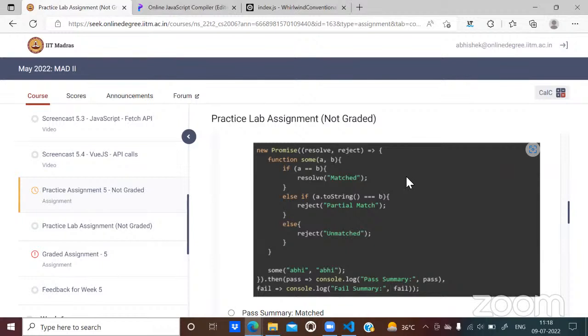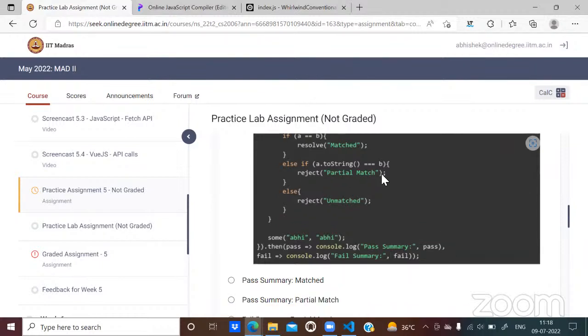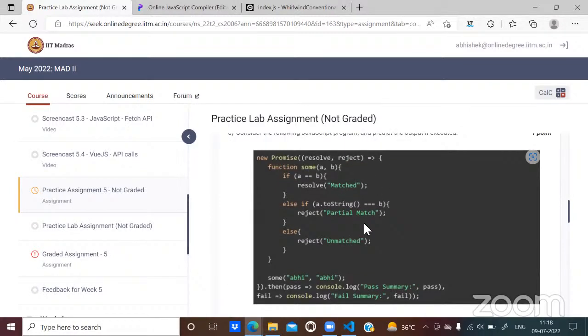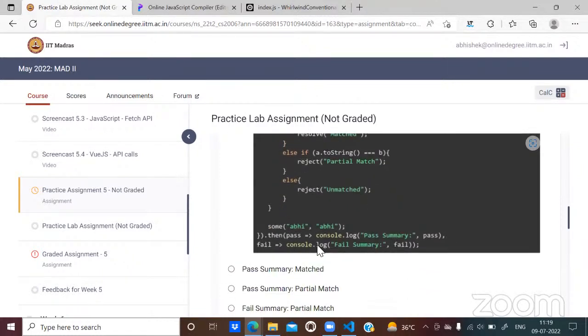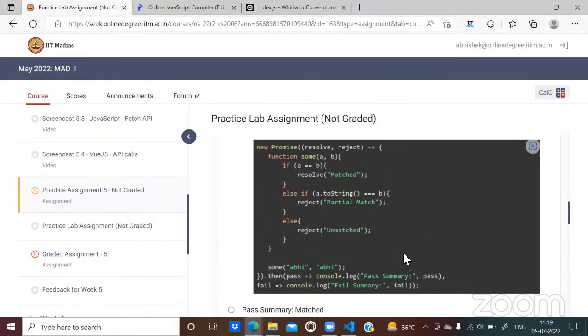Got it, sir. So here in the last line, dot catch is not there, correct? That means if this promise results in an error, this program will generate an error. But in case this promise rejects, then this fail would be able to catch that. You are not required to use catch if you are sure that your promise is not going to generate an error. If your promise can be rejected, it is okay.